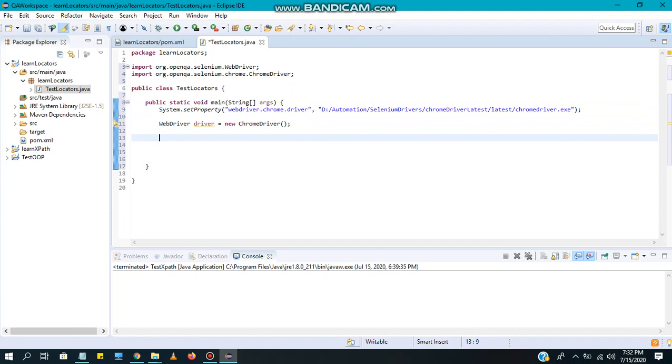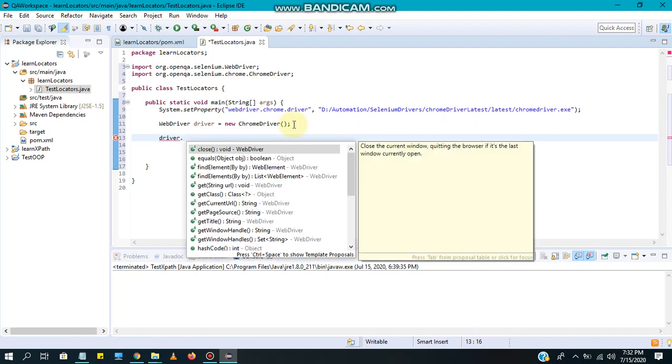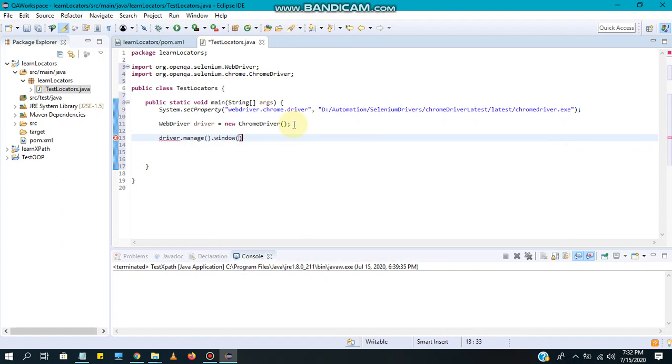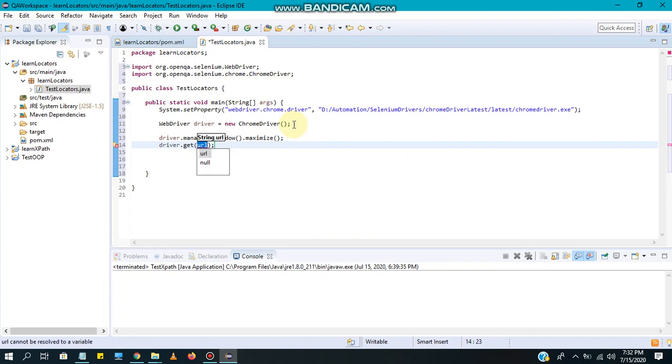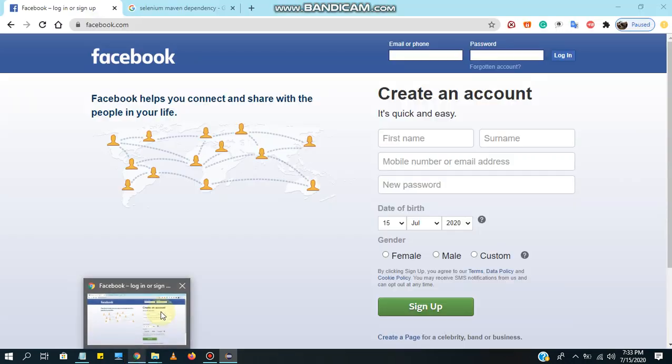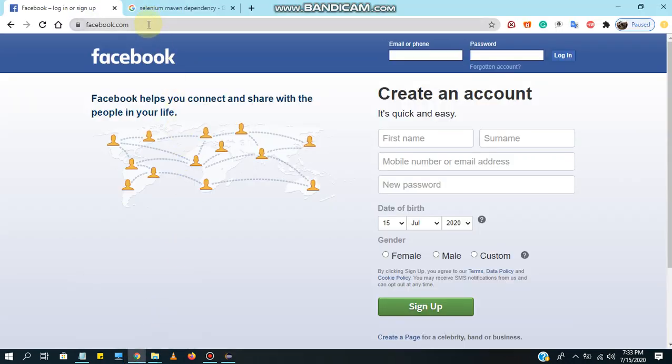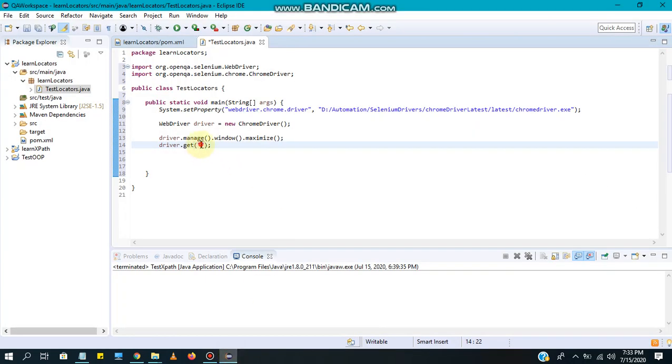For that we have a couple of codes which need to be added. Let me add those codes here. We need to give the relevant Facebook URL here.